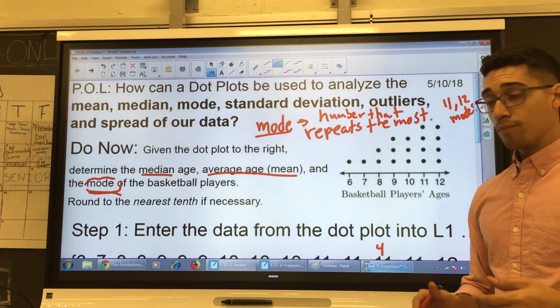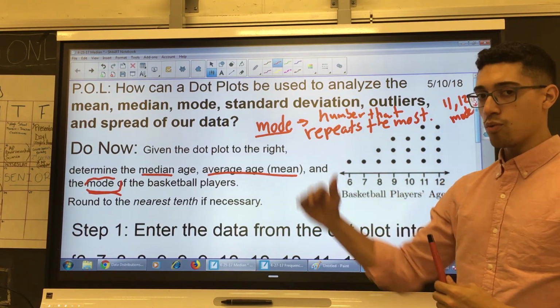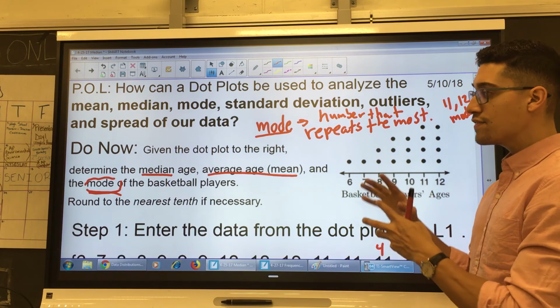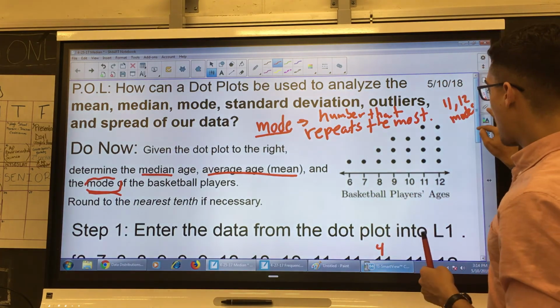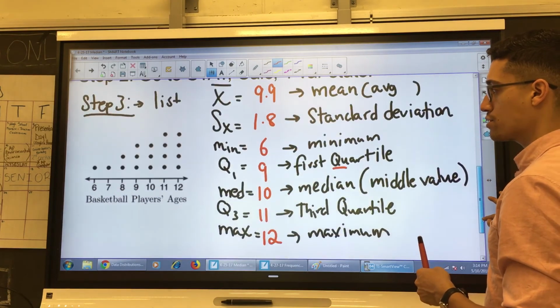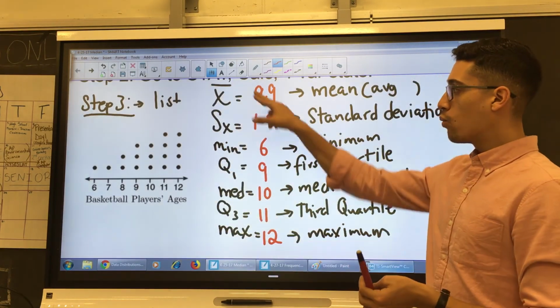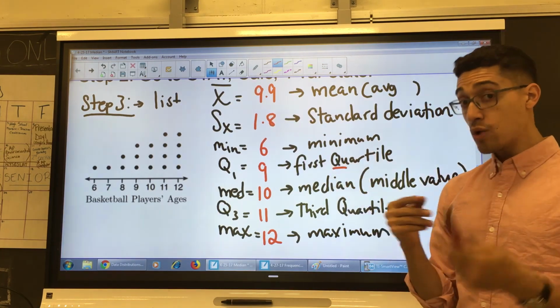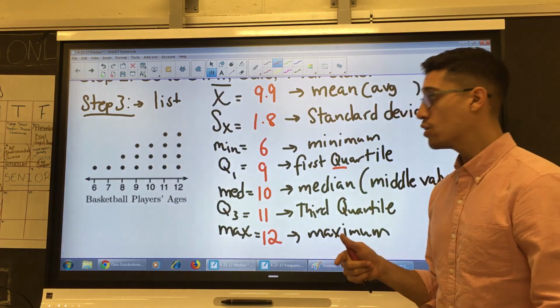Okay? So I'm gonna make a new video now to talk about the other ones, all right? But this video should hopefully get you to understand these symbols. Like when you go to stat and you go to one variable stats, what do these symbols mean? So you have to know that, okay? So that's what this video is for. I'm gonna do another video and go through some